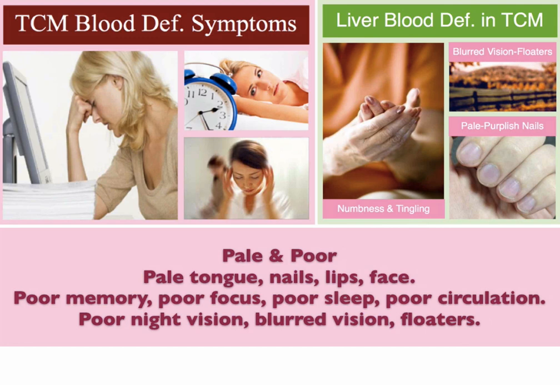So the nails would be very pale, probably pale purplish like in that picture there, just because when there is not enough blood, it doesn't move because there's not enough, so it pools at certain areas. So often with blood deficiency, it can lead to blood stasis as well. So often it might be lavender color, that purplish pale color. That's very common. And then the poor is poor memory, and that's more short-term memory.